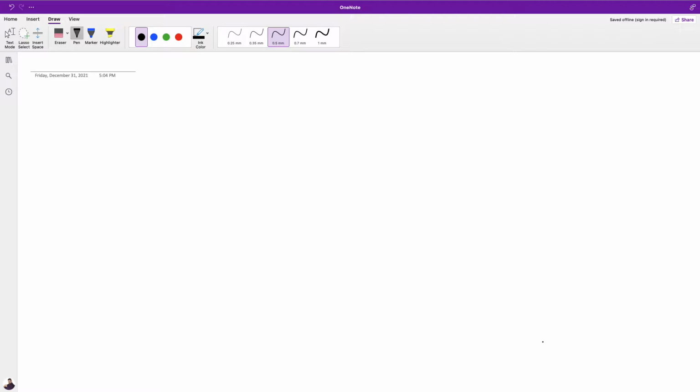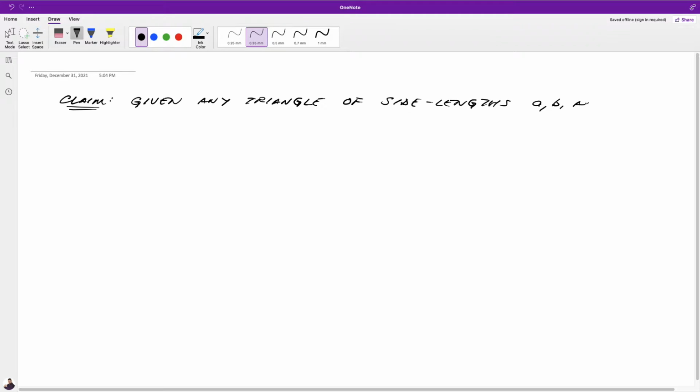Okay, let's go ahead and try to prove Heron's formula today. So, Heron's formula states, given a triangle, any triangle I should say, of side lengths A, B, and C, the area is given by,